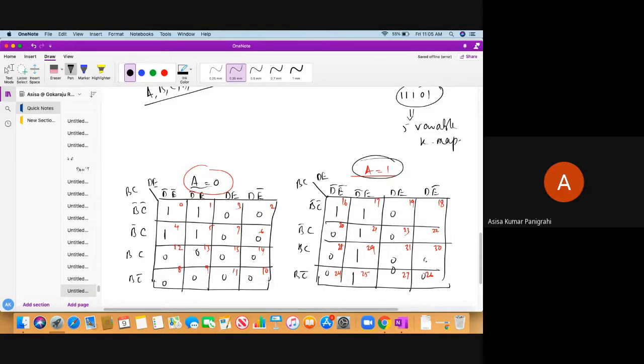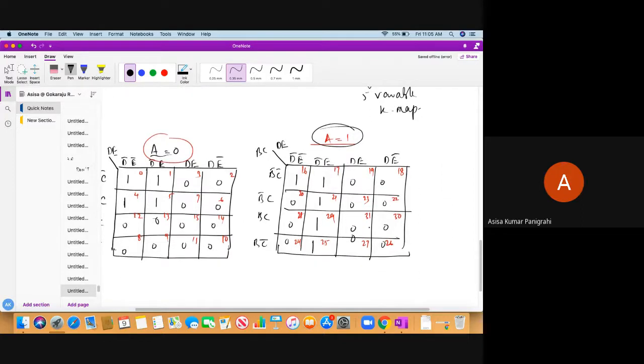Now what to do? You have to start combining. For this case, first you need to check whether all 32 minterms are present or not. 32 means all ones in this M0 to M31. Then if all are present, we can have F equal to 1. Here 32 minterms are not present, so obviously go for 16. Any 16 minterms possible? No. Next, go for octets. Check whether some octets are present. No. Next one, quad.